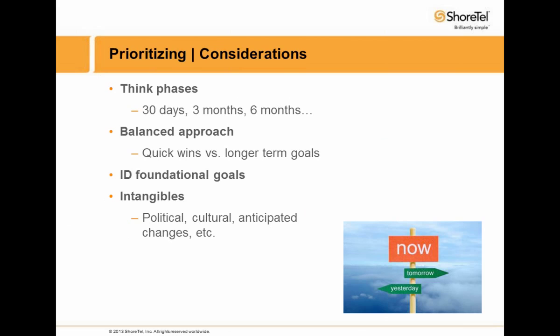You need to identify those foundational goals, things that just absolutely have to happen before a whole slew of other things can happen. And that's kind of the critical path in project management terms. You've got to identify those. For instance, if you're currently able to dedicate 10% of your time to the reference program, I think I would safely say, depending on the size of your organization, that you're not going to have a great chance of success. You might need to bump that up. Maybe it's a quarter, maybe it's 50%, maybe you need 100% of your time to be dedicated to the program. But those are probably foundational things that have to be addressed before you can do anything else.